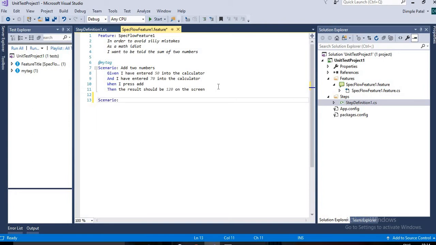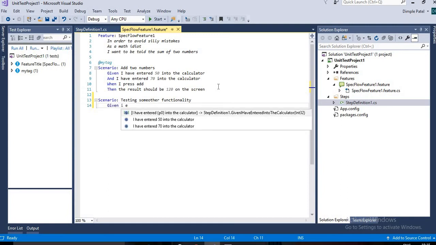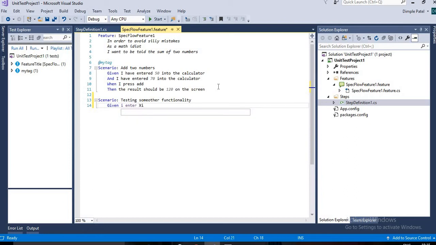So you have to use Scenario, then write down the title, that can be testing some other functionality. So this is the syntax first, then we use Given, When, Then depending on the first step that you are going to consider in the scenario. A scenario can have multiple steps also. Suppose I enter x.